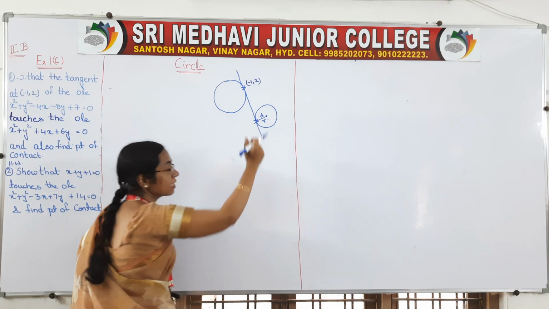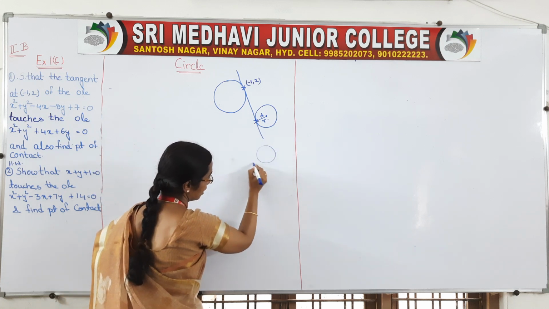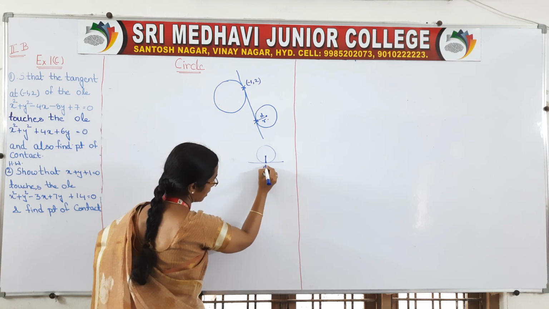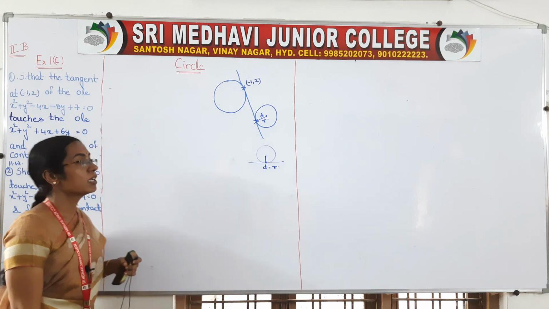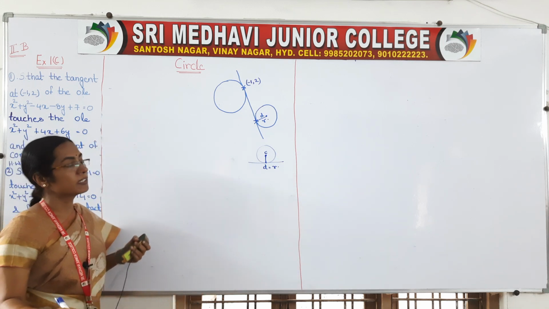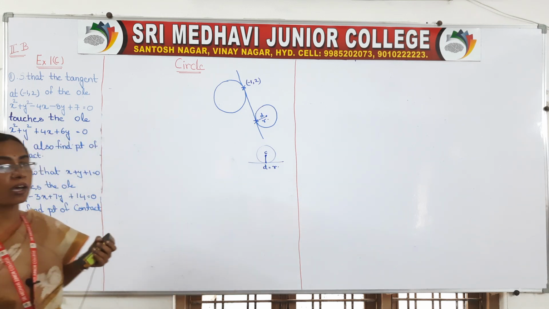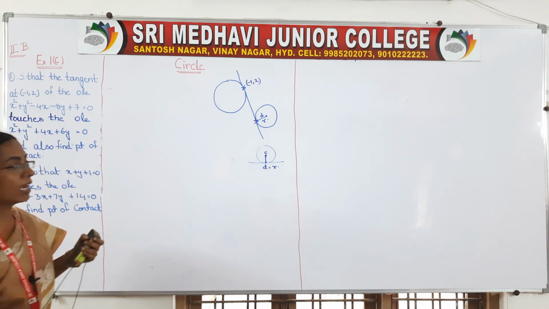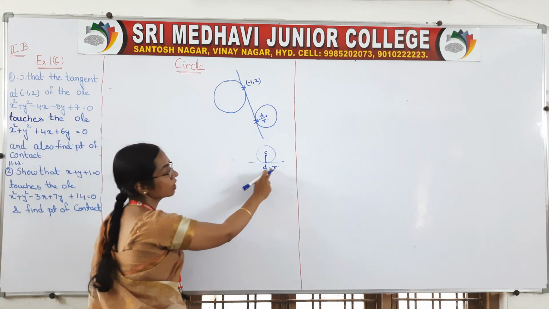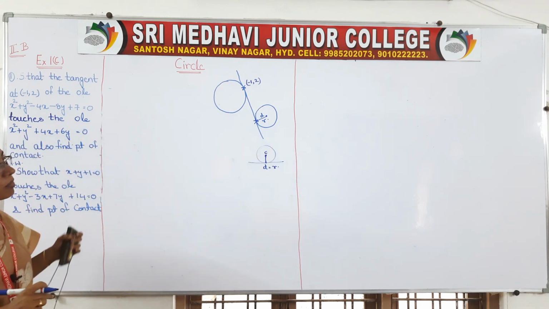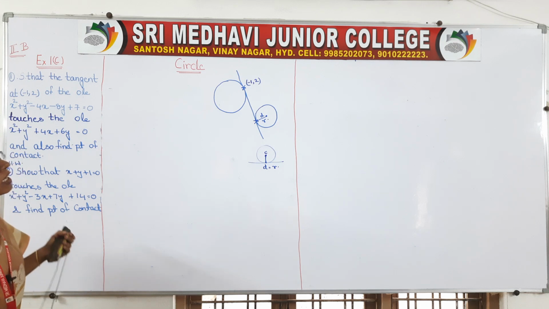What is the condition for any circle to touch the line? This condition: d is equal to r. This is nothing but from the center, if we take the distance, center to any point is r, right? And at the same time the perpendicular distance from center to that line is d. So if d is equal to r, we can say that the line touches the circle. Once again, listen carefully. This is a little bit lengthy question and 3 values we have to find.